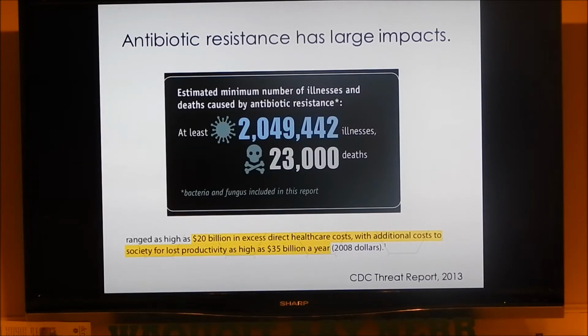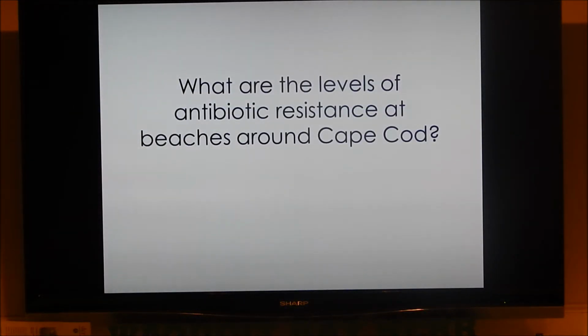And aren't the people already sick anyway? I mean, they're just resisting the medicine. So it can go both ways. People could just pick up an infection that happens to be resistant, and then they either spend more time in the hospital trying to combat that, or they could die from it. Or sometimes they already have other illnesses, and then they get an infection. But I think the 23,000 is just from dying from infections. That's what the primary cause of death would be. Are those like septic infections? I don't know the details of what they counted in that number. That would be a good thing to look at.